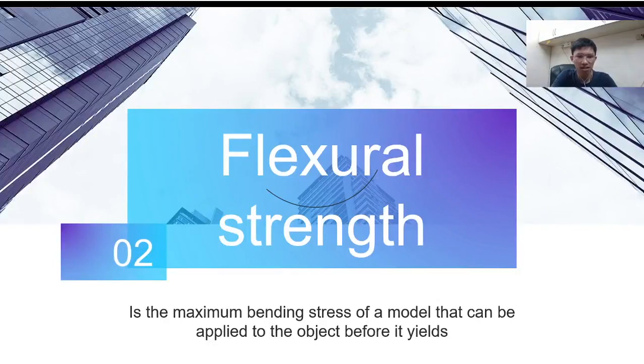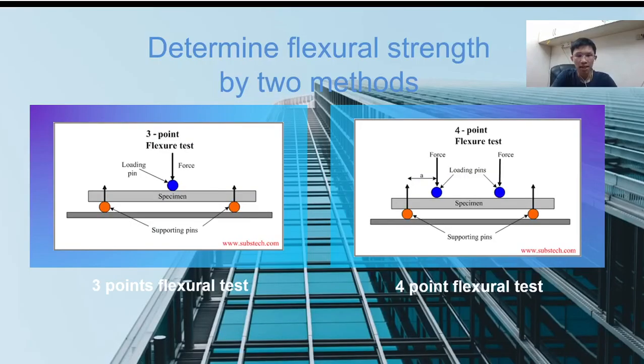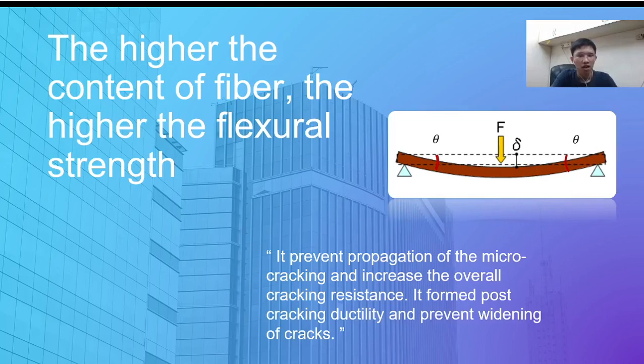Flexural strength is the maximum bending stress of a model that can be applied to the object before it yields. There are two methods to determine flexural strength. First, 3-point flexural test. Second, 4-point flexural test. From the research,